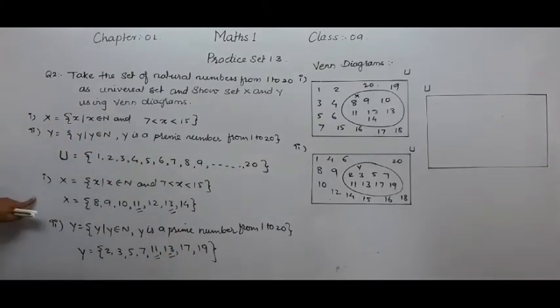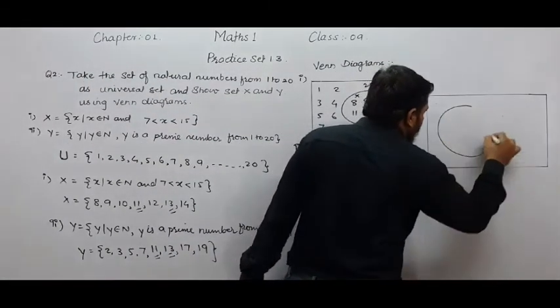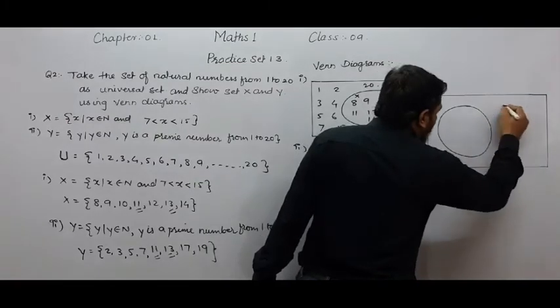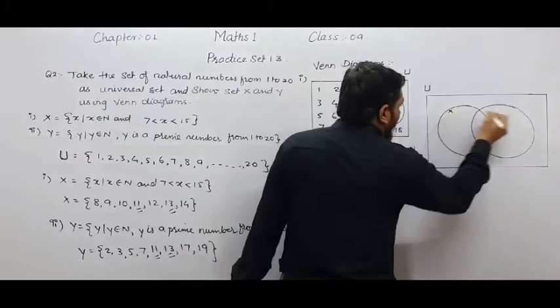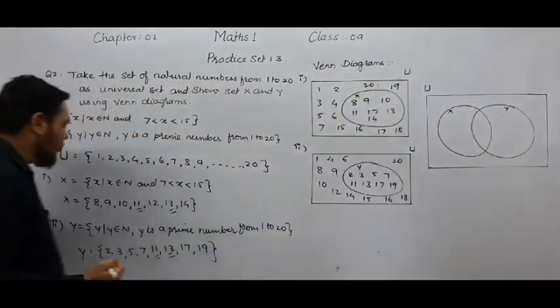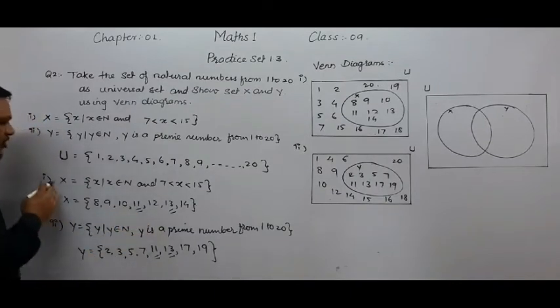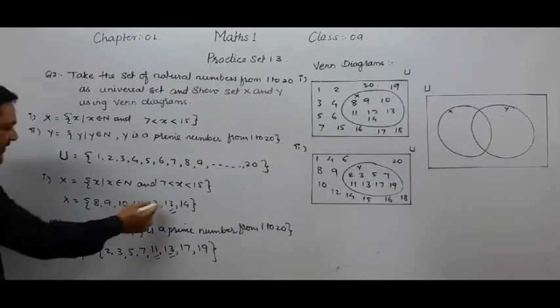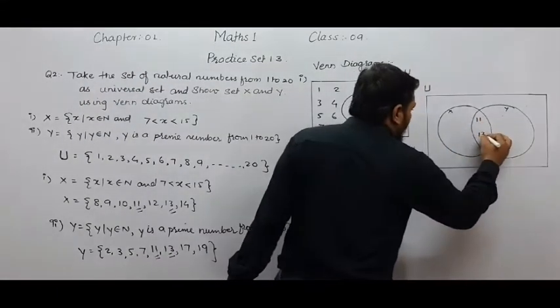So how can we draw the common Venn diagram? For that we will see. We will first draw one set, that is set X, and then after that we will draw set Y. We are going to take some common part in set X. So this is set X, this is set Y, and this is the common part we are taking here. Why are we taking the common part? Because in that common part we will write those elements which are common in both the sets. So 11 and 13 are common to both the sets, that is why we will write 11 and 13.